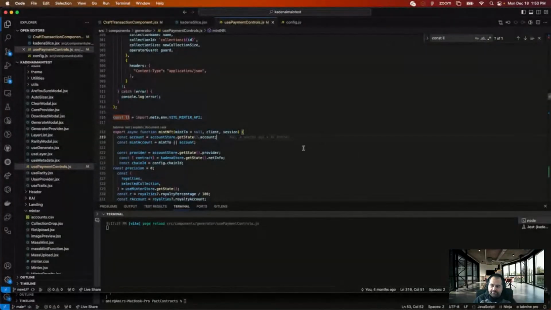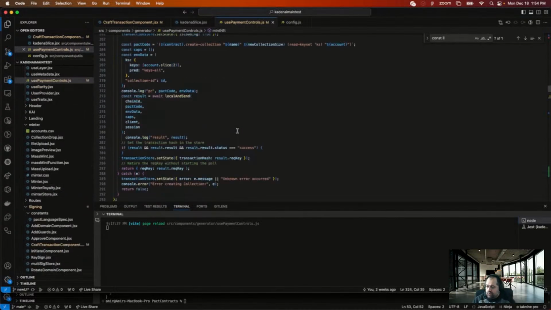Hold on one second. I don't want to share my screen for a second. Why do I have this open? I always try not to have my environmental variables open, but let's just commit them instead. But anyways,